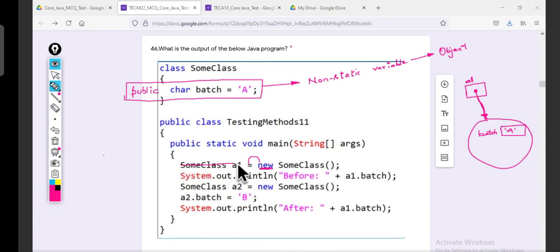Is this line executed? Yes. That line is executed. Let us go. System.out.println, slow and steady.